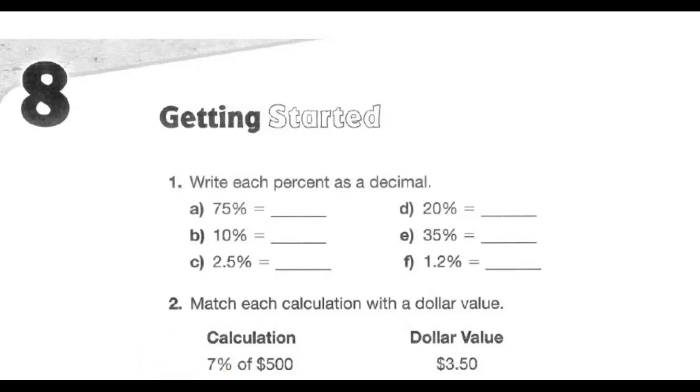So first is converting a percent to a decimal. You've done this a number of times in this course and previous. So remember, you're really just dividing by 100. The percent symbol, so the percents go away. It moves the decimal 2 to the left, so it's 0.75. 2 to the left,